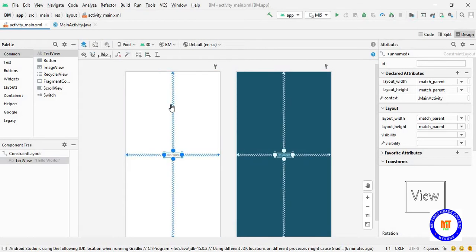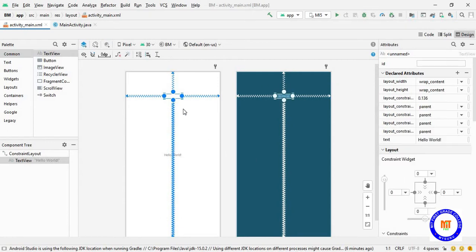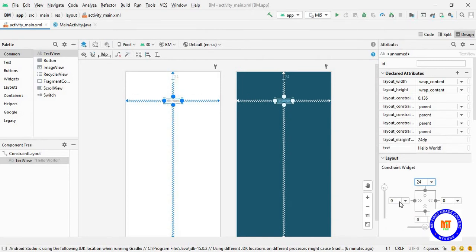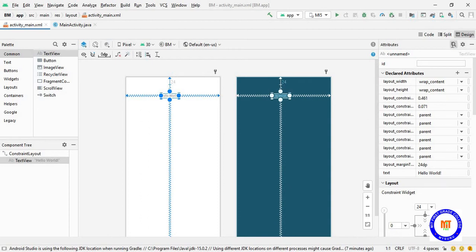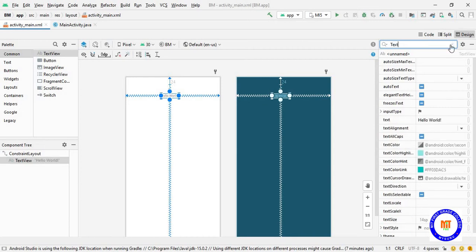First I'll be giving the title. Align it properly. Change the text. Give the title as BMI calculator.